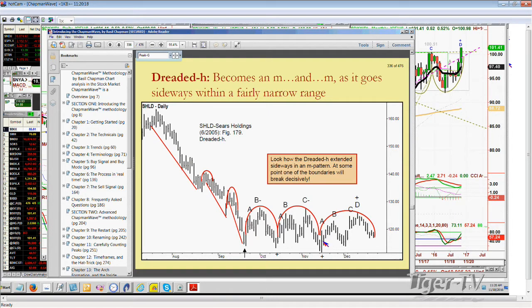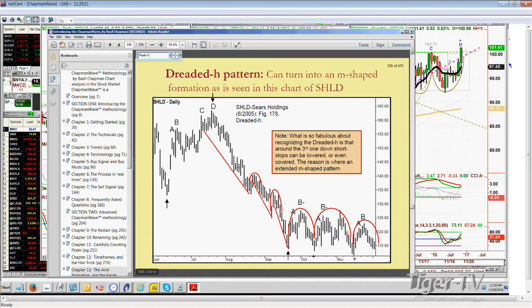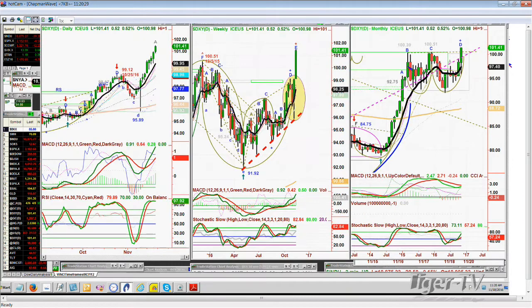Well, what's really important, there's the one I was looking at. If you put this upside down and invert it, that's what you've got with the dollar. And what happens is that the bar that takes out the left side low, let's invert it. The bar that takes the left side high of 100.39, 100.51, the peak B, peak C, that is going to be so important, because at 101.40, if we can get close to the 102, 103 level, it says you've got all of December to see whether it comes back inside or it actually makes a slightly higher high in December, and that'll be so important. That'll say that the euro is, in fact, going to go down.